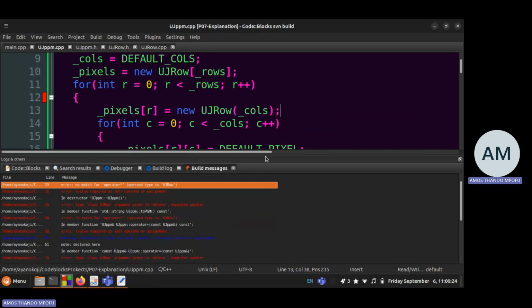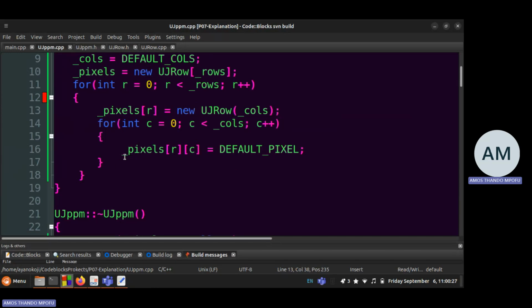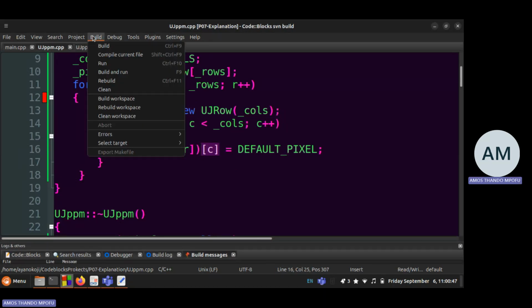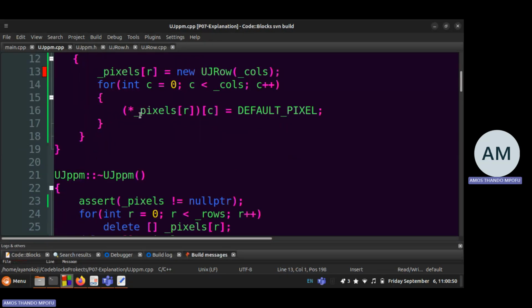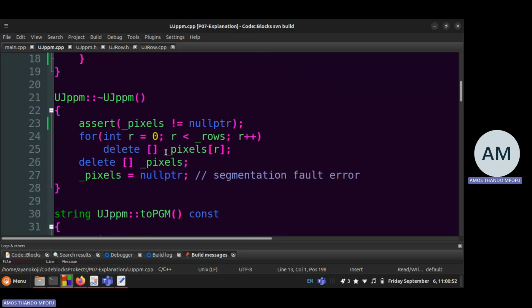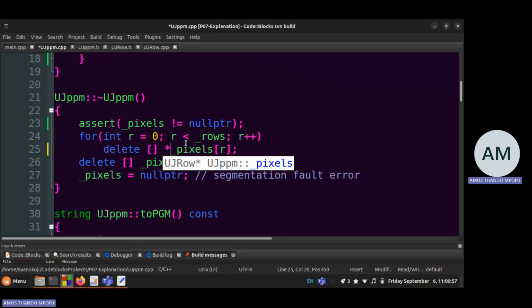I'm not sure about this operator. Now I'm not sure, but this is just the one line that's affecting everything. So let's just do this here, fix the other lines. So remember the uj row is a row, right? So I need to point to that row first. After pointing to that row, I index, I pass in the column. And then I pretty much do the same thing there. So I need to point to that